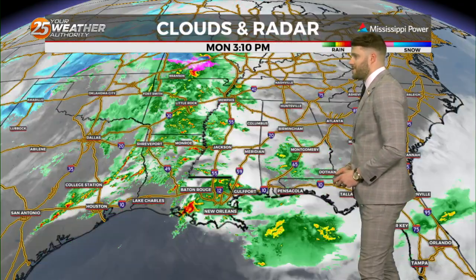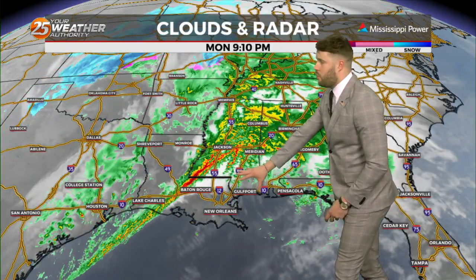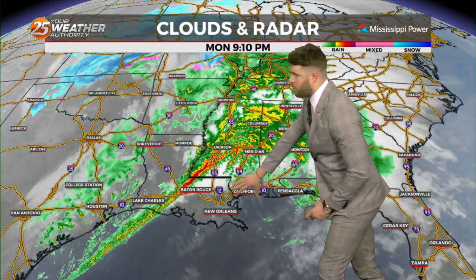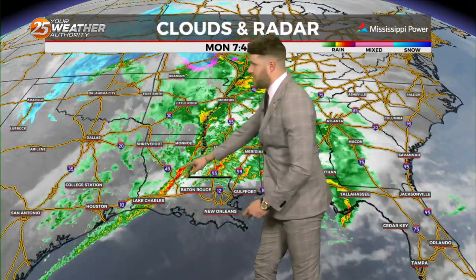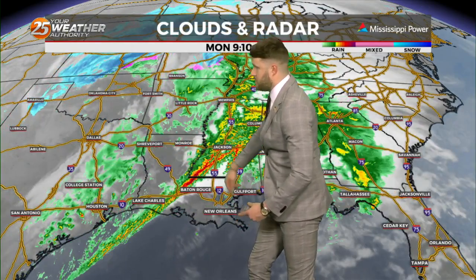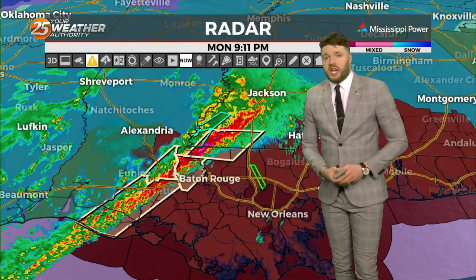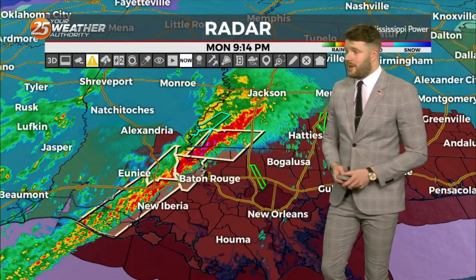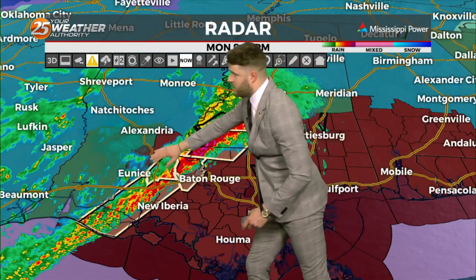But here what we're going to see tonight, as you saw the frontal system, the front half, as I mentioned, that warm front began lifting to the north and northeast, left us in what we call the warm sector, and then behind that, that cold front's pushing downward, which is why you're seeing that long line of storms, a linear segment pushing towards our area. It kind of lined it up pretty for you, and you can see it on the screen here right where that cold front is starting to push on